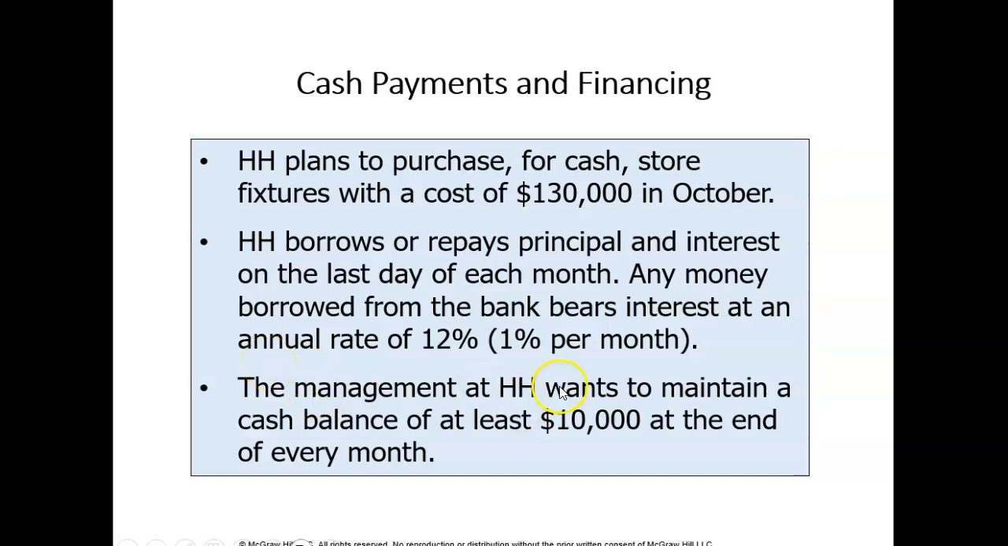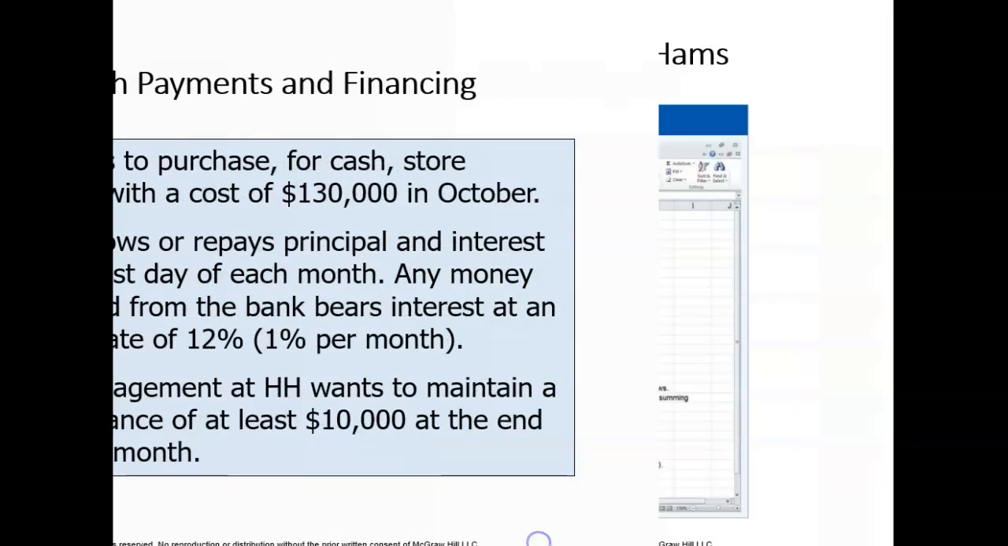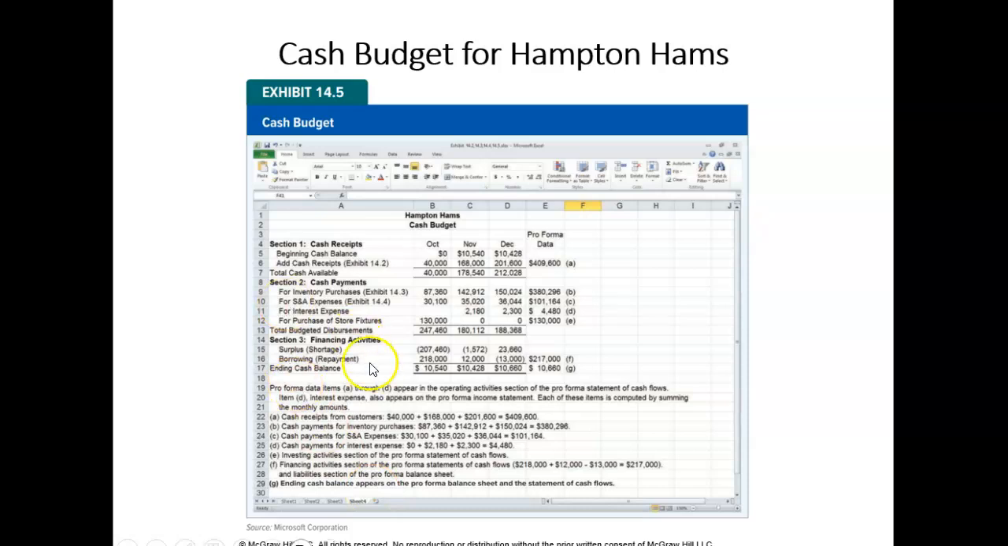Now, pay attention here. We want to maintain a cash balance at the end of each month of at least $10,000, meaning that we might need to borrow money in order to maintain a minimum cash balance of $10,000. Okay, so here we have our cash budget. Let's look at our cash budget. Beginning in October,